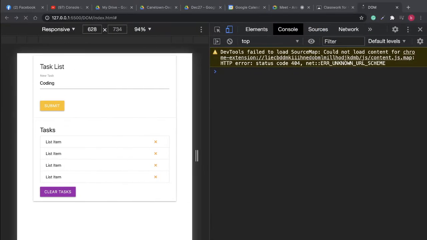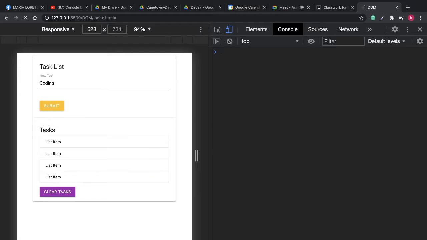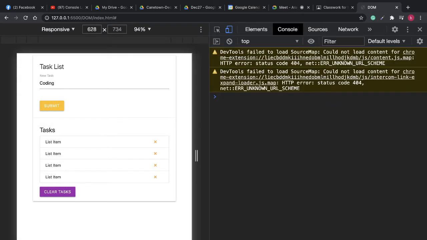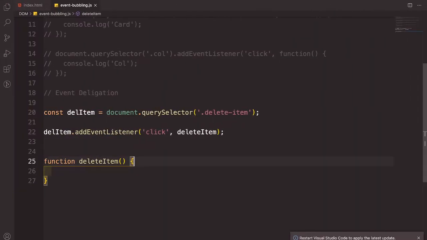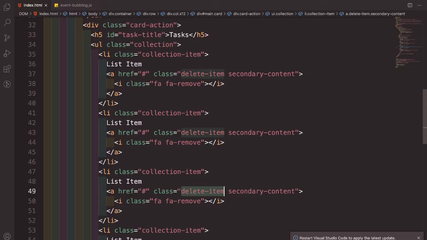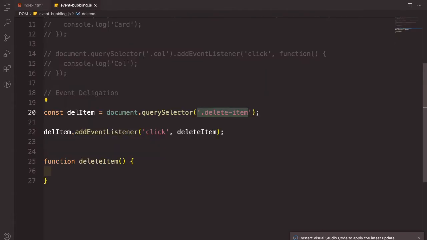So, kahit i-click natin itong icon natin, wala mangyayari. Nakita nyo, I was trying to click this icon, pero wala nangyayari. So, sino ba yung icon? Siya yung delete item. Siya to. Which is, nandito siya, ito siya. Right? Siya yung A tag na merong icon. Nakaharap si icon kay A tag. So, siya yung kinuha natin. Alright. So, ngayon,